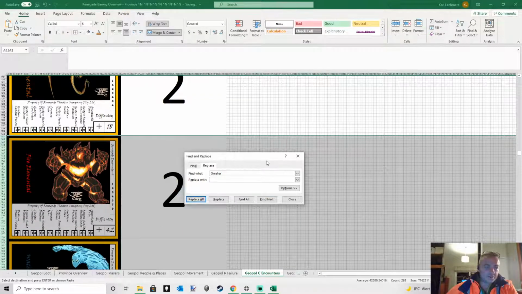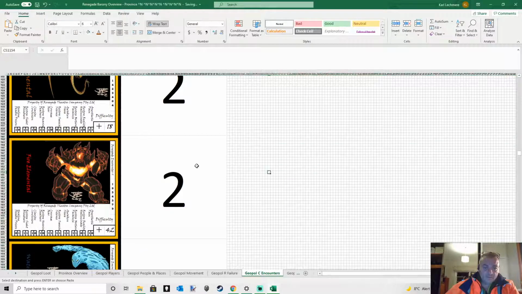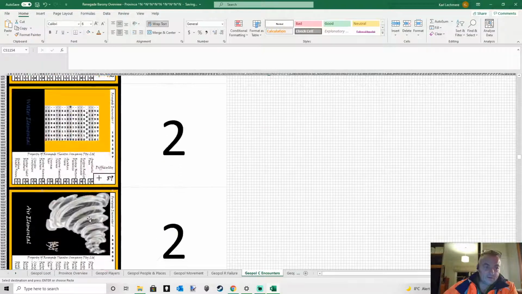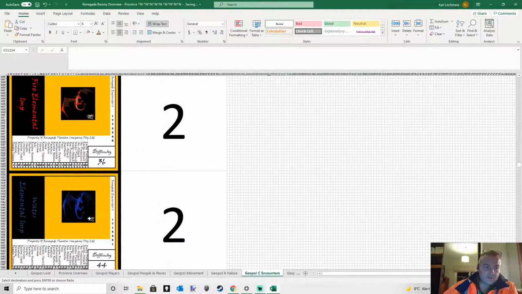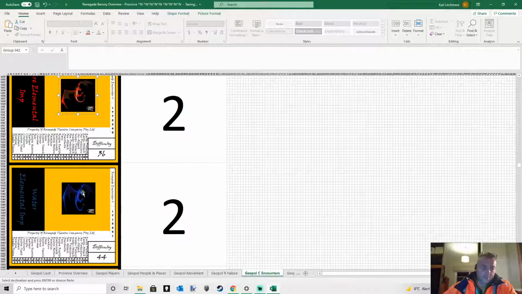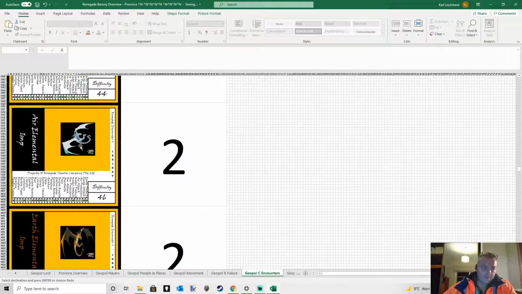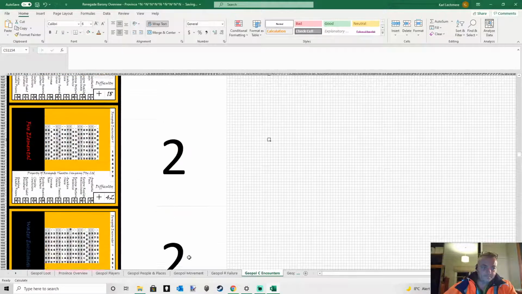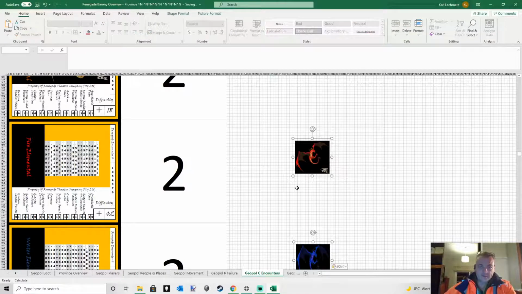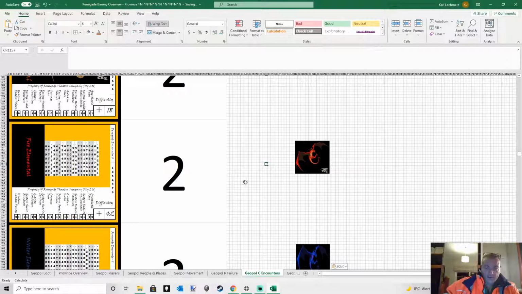There's 4 changes, so that says fire elemental now instead of greater fire elemental. Gonna delete these. And then let's stick them up here, out of the way.